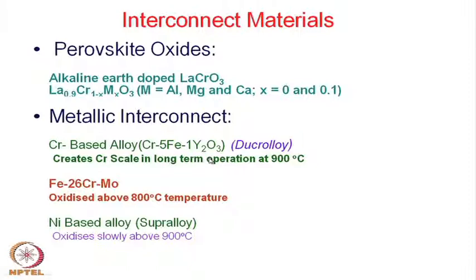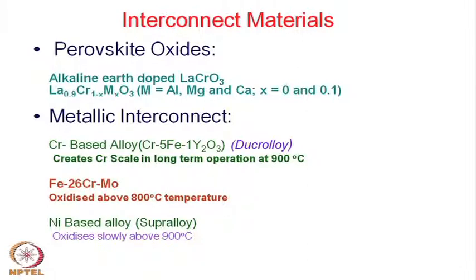Chromium oxidation takes place on the surface, and sometimes it is better, it actually stops further oxidation of the same metal, but once again the chromium creates problems so far as the cell components are concerned. Another material has also been used, which is oxidized again at about 800 degrees centigrade, and this is an iron 26% chromium molybdenum alloy. So, many different alloys have been tried so far as the metal interconnect is concerned, but in between